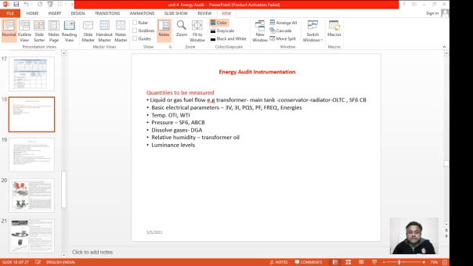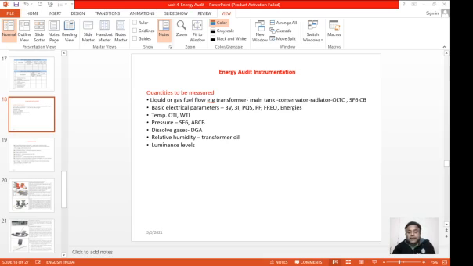various types of equipment. So first, let us have a discussion on liquid or gas flow, which is very prominent, for example in transformers, main tank to conservator, conservator to radiator, radiator to OLTC. So there is always a flow of oil. This also comes under measurement because, to have normal working of the transformer, there should be a continuous flow of oil. Therefore, we have to observe the flow, and we require some flow meters